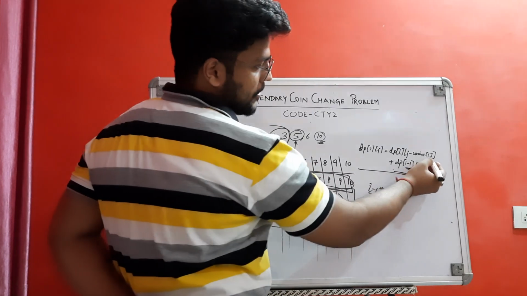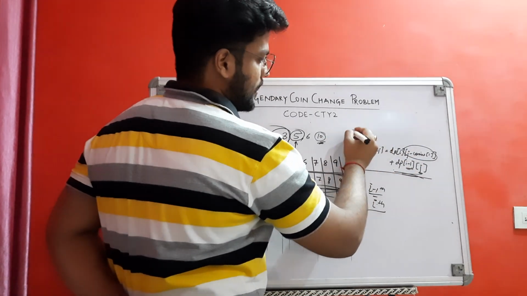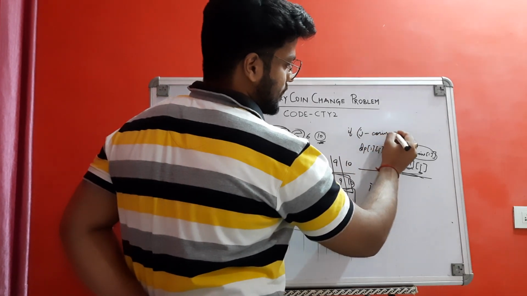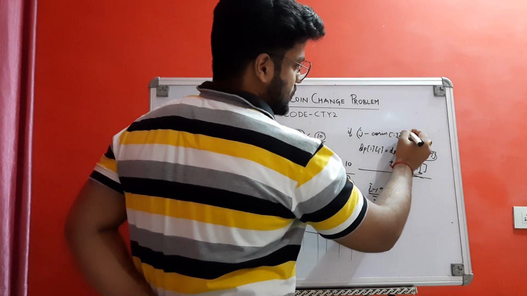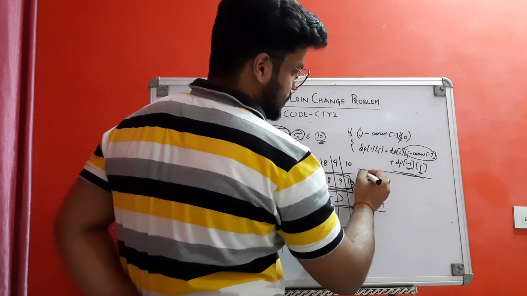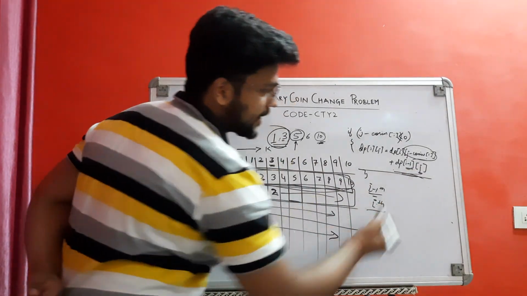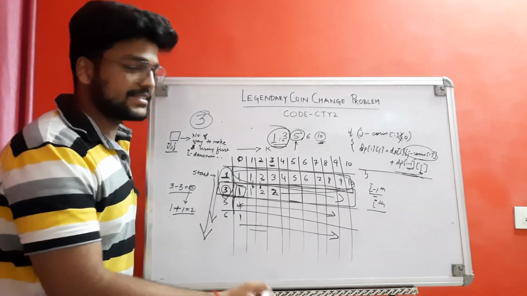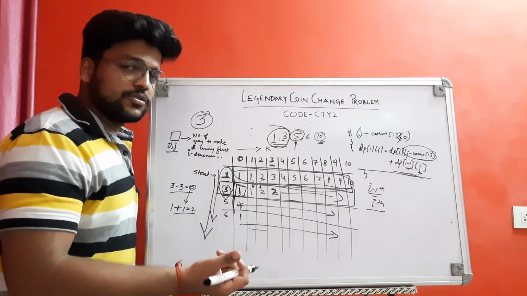Also you have to keep in mind this cannot be less than 0. So if j minus the value at the ith denomination is greater than or equal to 0, then only I can do this. I have already told you, there is no meaning of getting a k value less than 0. We cannot make a sum whose value is negative.